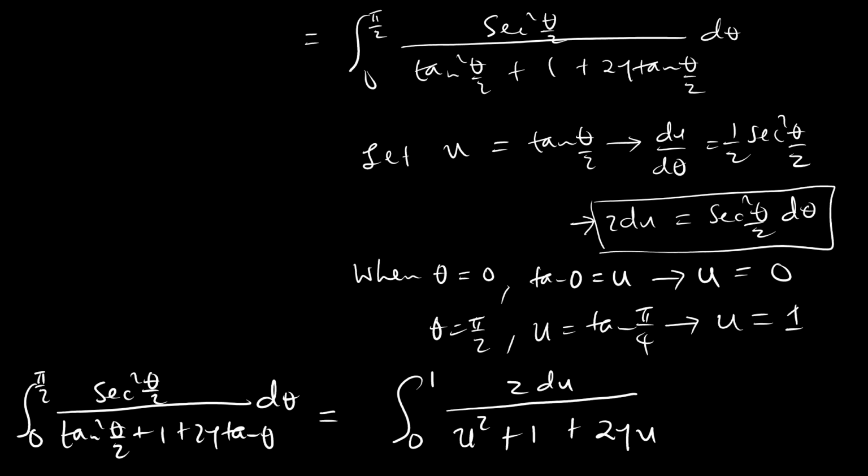In place of sec squared (theta/2) d theta, we have 2 du. So our problem now is the integral from 0 to 1. We have 2 out here, and we have du over u squared plus 1 plus 2yu, which we could rewrite as